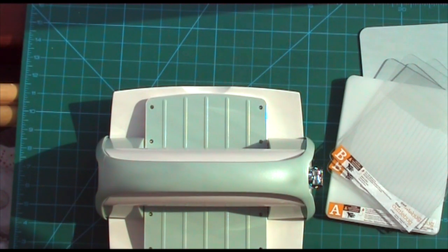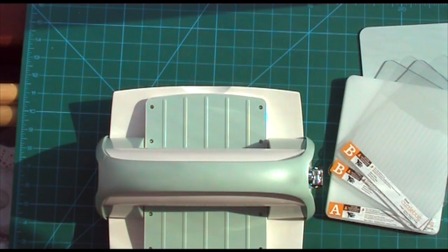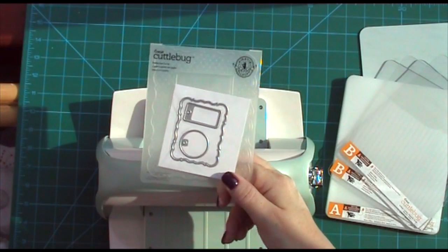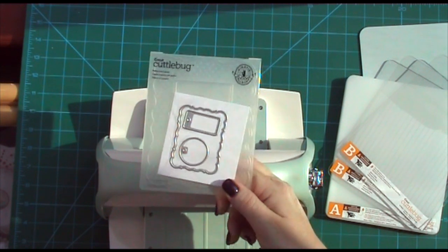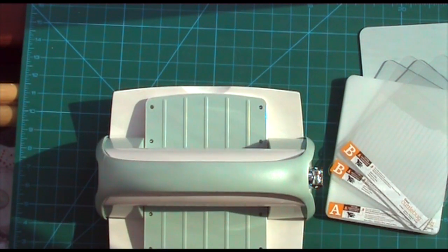But I'm actually going to use an Anna Griffin die to show you, because Anna is working with Cricut, so her dies will work in this with just the B plates, so you'll be fine if you have some Anna dies. Okay, so then we've got an embossing folder that comes with it, and it's a Kirstie Allsopp one. And then you've got a couple of dies, just a tag and two tags and a frame, so you've got a couple of dies to try it out if you want. And then of course you've got